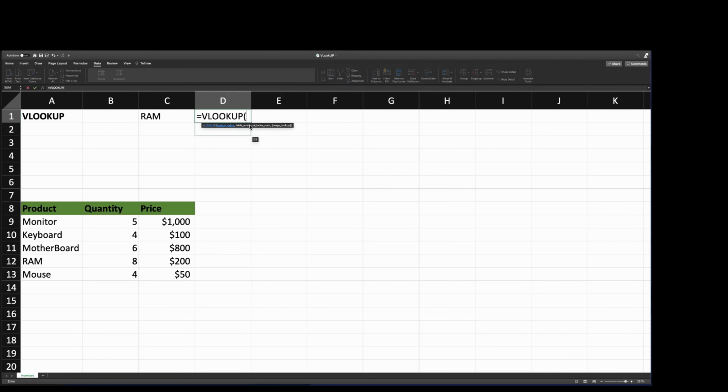Table array, the table from which to retrieve a value. Column index, the column in the table from which to retrieve a value. So this is column 1, this is column 2 and this is column 3. Range lookup is true or false. True stands for approximate match and false is for exact match. In this example,